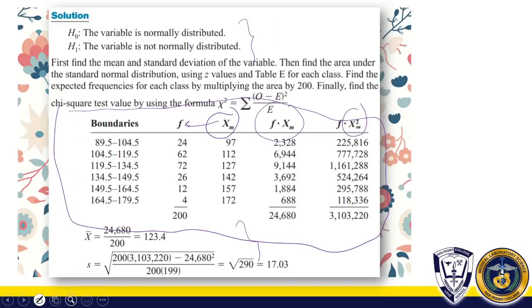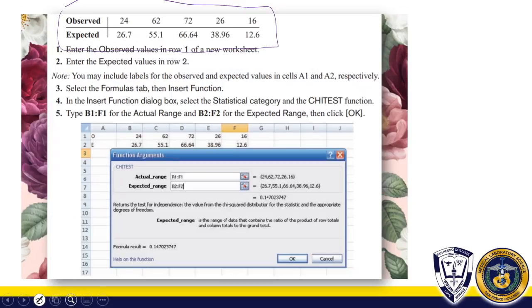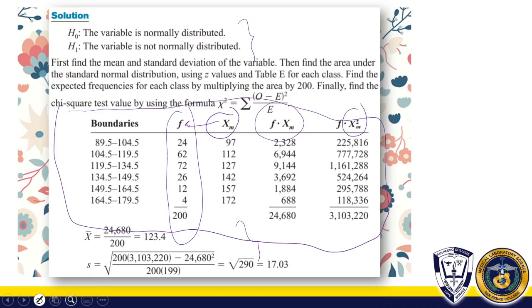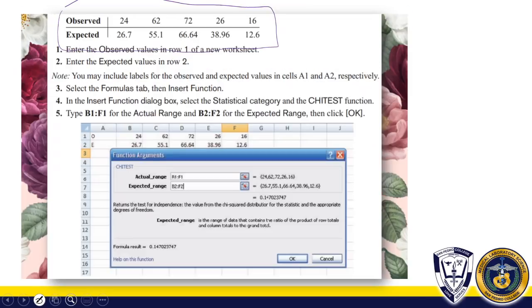So you can see observed comes from, eto po, your number of frequency. Diba? 24, 62, 72, 26, 16. Later, i-explain ako ng 16. Basta, we'll explain why naghimo na siyang 16. The question here now is where did we get the expected? Diba? Again, once walay observe, labi na walay expected, then we will not be able to compute for the p-value